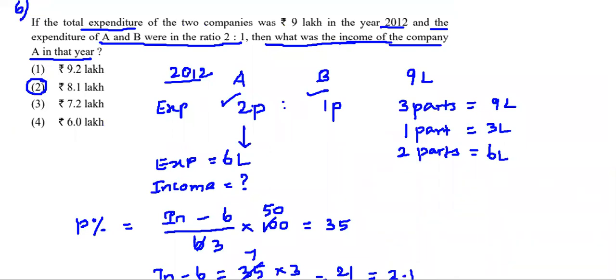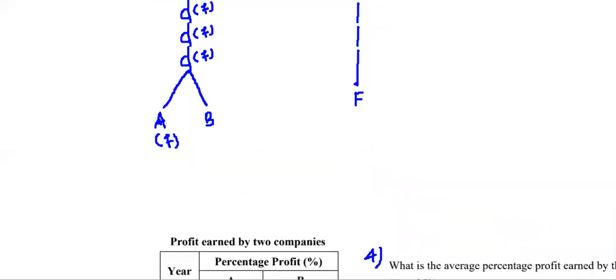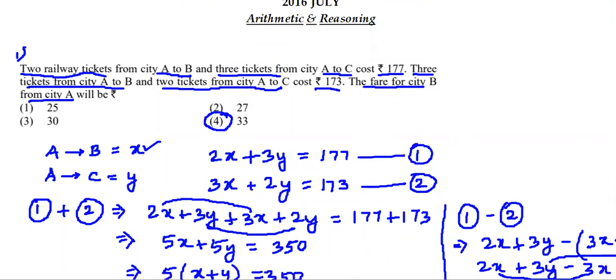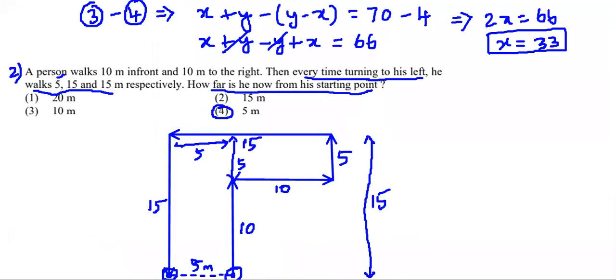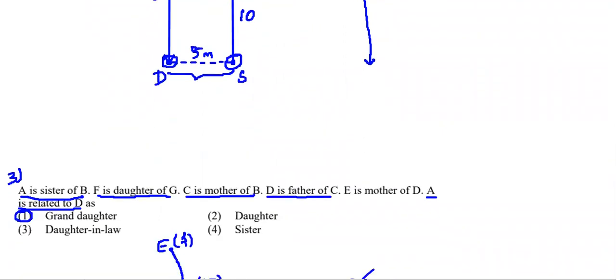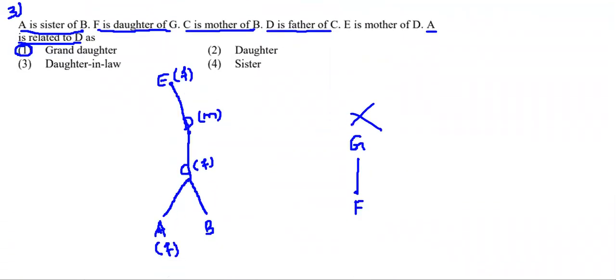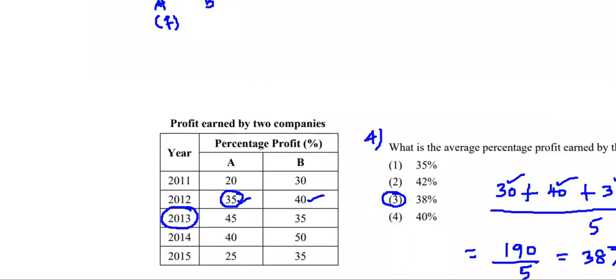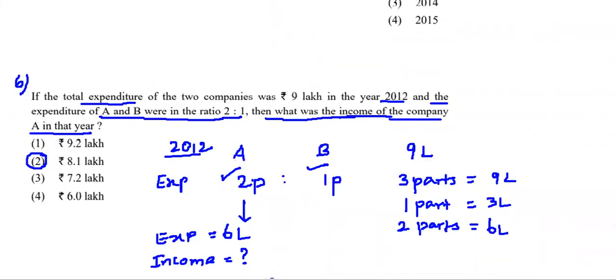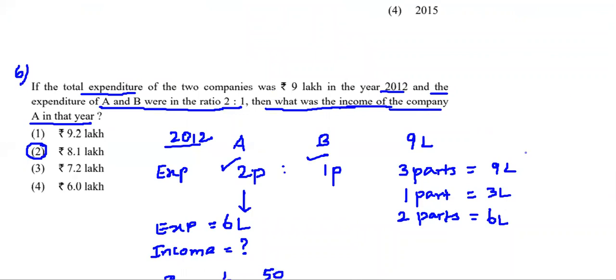Fine? Yeah. So in this session, we have completed 6 questions from different varieties. The first question itself is from a different variety. We got it from equations. Second one is from directions. We are very much used to this topic, directions. And third one, blood relation, also we are very much used to it. And this last set of questions 4, 5, 6 we have from tabular column, involving percentage, then the concept of average, using that we had a problem, then ratio, using which we had a problem. So we are able to solve all these questions.